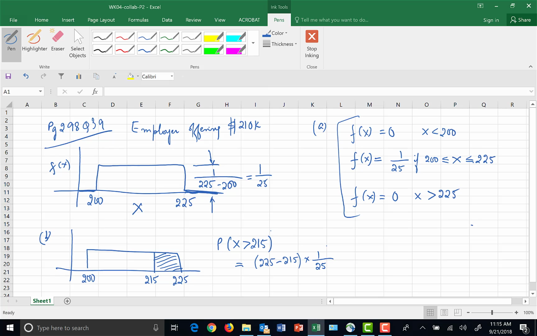Okay, so I'm just not writing the last three zeros, and the height we have already computed from before. This is where we got the height from, right? So this is equal to 10 divided by 25. So there's a 40% chance that she will get more than, excuse me, $215,000 in the market. Okay, and then part C,